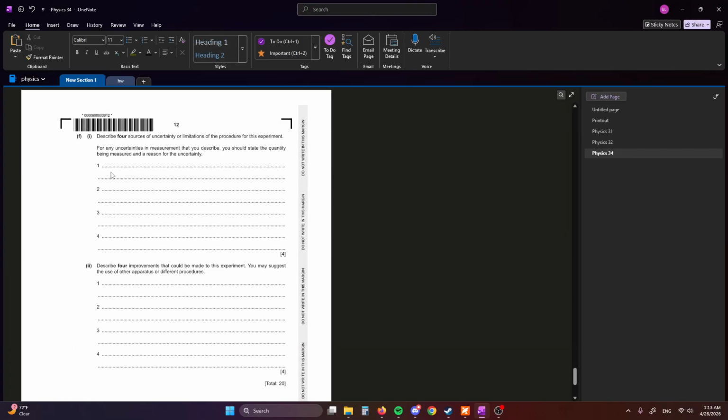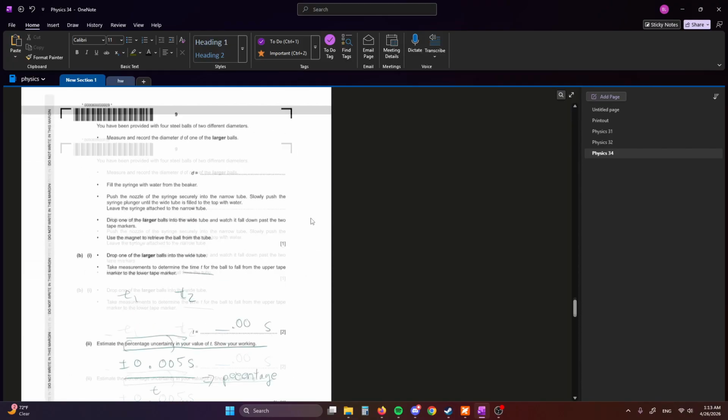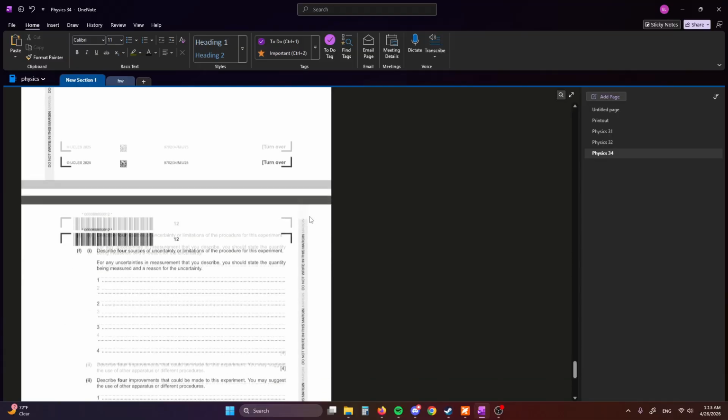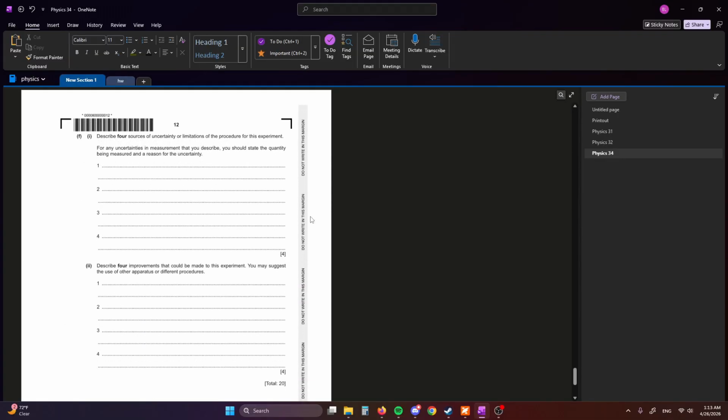Describe 4 sources of uncertainties or limitations of the procedures of this experiment. So this is probably some of the easiest marks, but depending on the experiment, pretty much out of these 8 marks, probably 4 marks are guaranteed based on memorization alone. So one of these is that we only do 2 measurements, which is obviously a problem, because how do we know that these 2 measurements are not just flukes that are somewhat close to each other? So we want to take more readings,